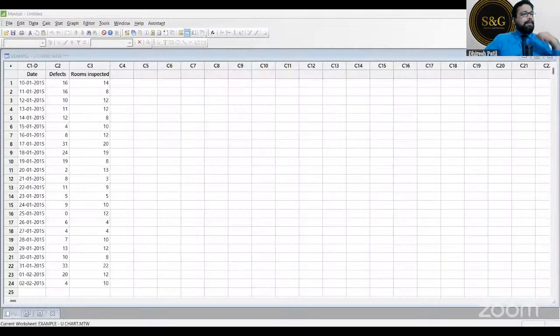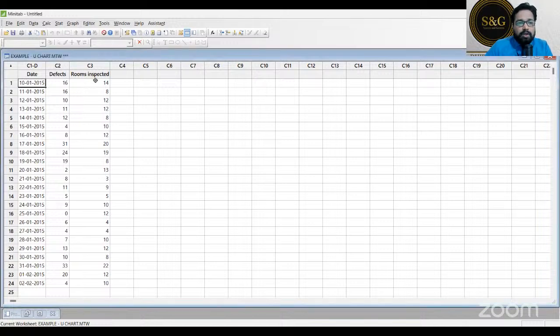Now I've given you an example here. Everybody's opened it. Yes, opened. Let's try to find out the U chart. Now, what is U chart? When do we use U chart? When the sample size is not constant. Now, here the example is of a hotel, the rooms inspector. Let's say there is one guy who is a hotel quality control person whose role is to go in each and every hotel room and find out whether everything is in place before the customer comes in and occupies the room. All right. So now on day one, the person has inspected 14 rooms,